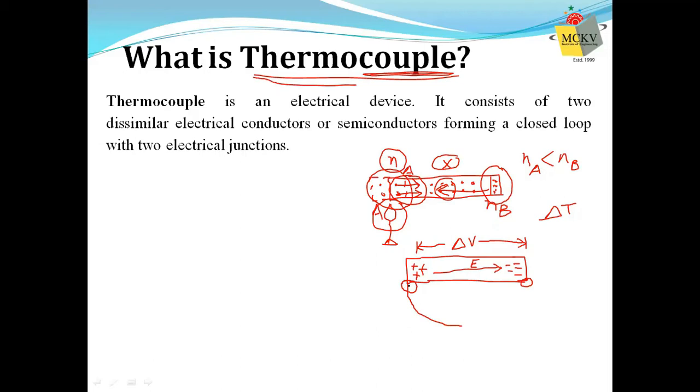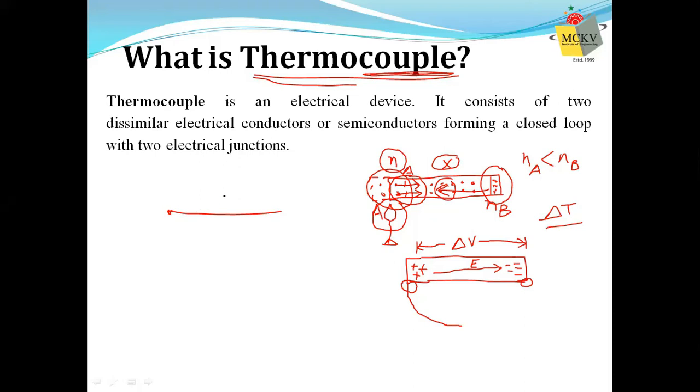Now please understand, let us say this is my copper wire, and I am heating one end of the copper wire. So the first thing is clear: why a temperature difference is needed to create a potential difference. It is only because there is a temperature difference that a potential difference is created. Now why can two similar metals not be used?